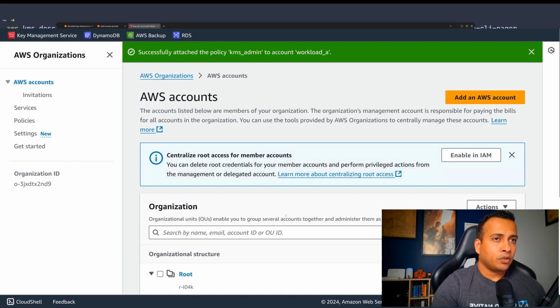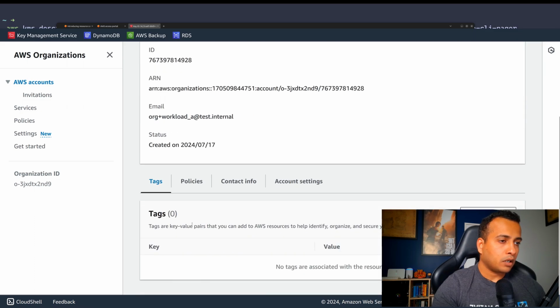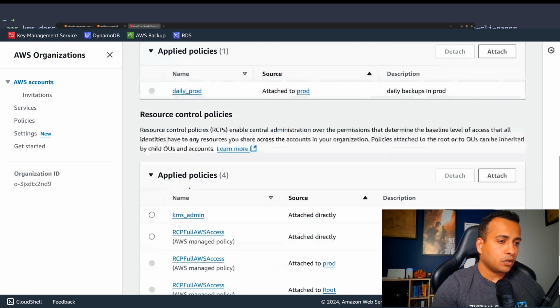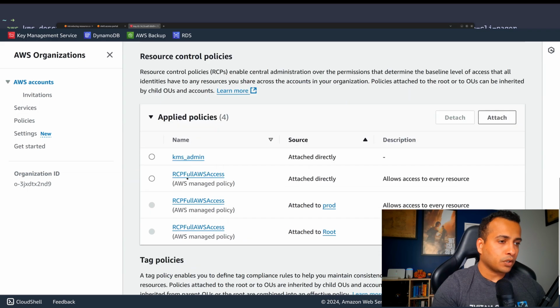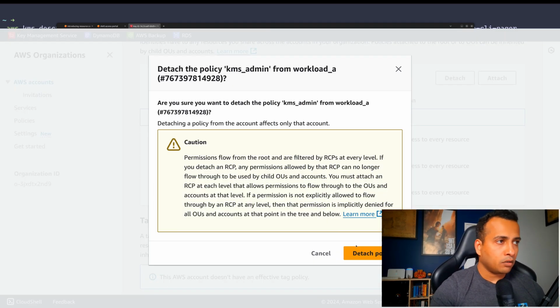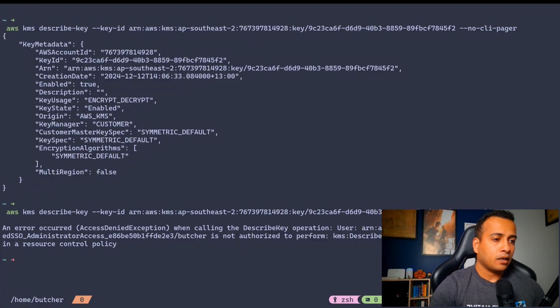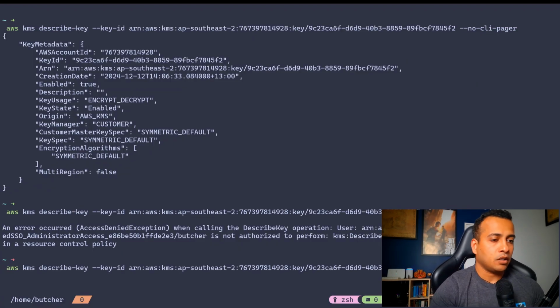This time I'm going to go to the accounts, select the account, and if I go down to policies, there's a new section called resource control policies. Then I can detach this attached policy. It gives me a warning. Okay, there's consequences. That's fine. So I've detached the resource control policy. If I go back and, in the same session, execute the call,